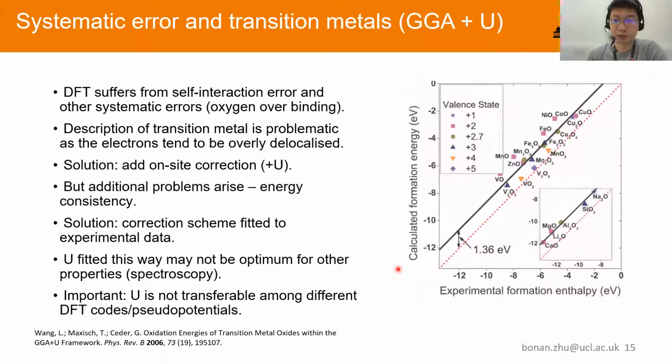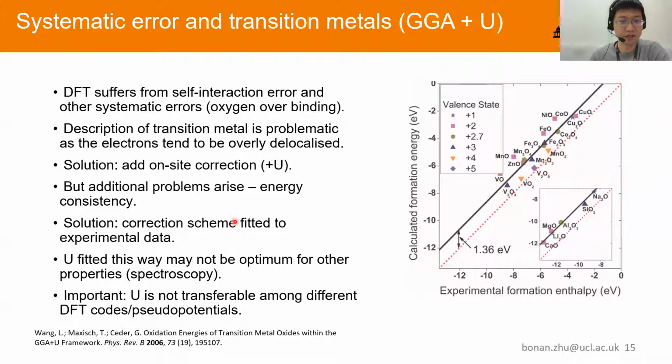The other thing to keep in mind in DFT is that the energies you get will have some systematic errors. Some of them are intrinsic to the methodology, and some of them are due to approximations we have to make when we run the calculations. In this example, if you do the formation energy of a bunch of oxides, you can see they are all shifted along this ideal line. In other cases, if you expand the set to transition metals, you can see transition metals are not behaving too badly. Some of them are closer to the line, but they're close to the line for the wrong reason, because